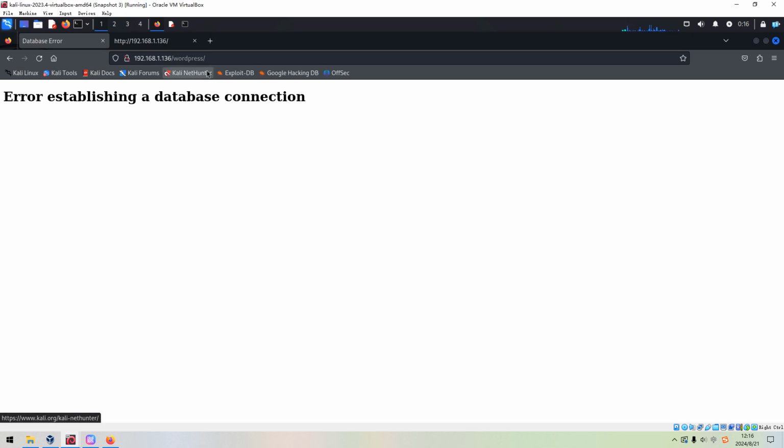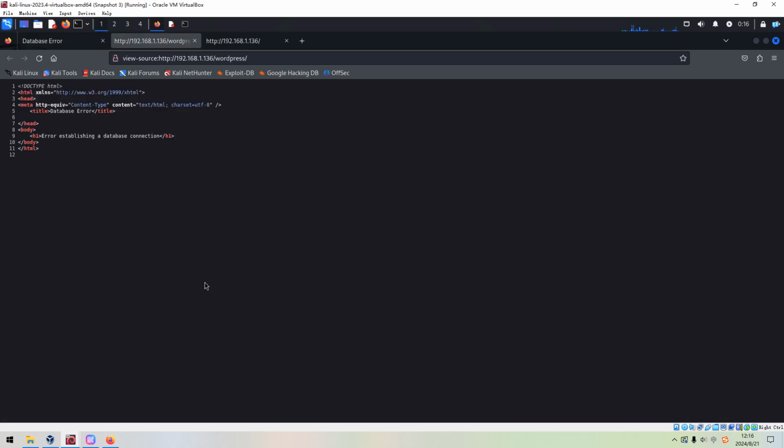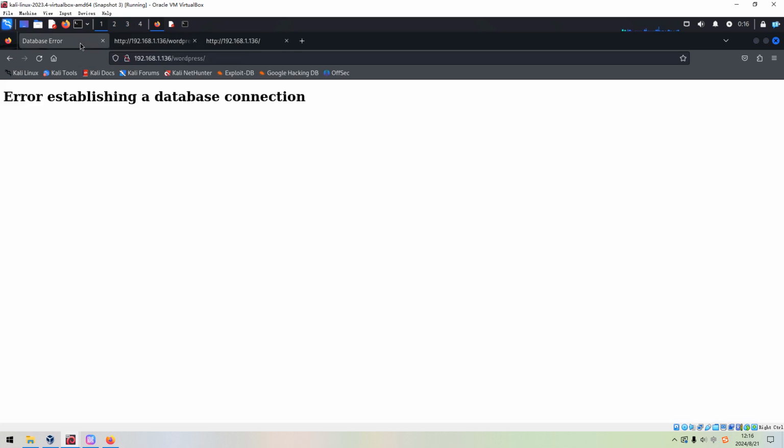So I think the WordPress application is not active at this moment. And also, please view page source sometimes, especially for CTF-like machines. The page source can give something else besides the page itself.